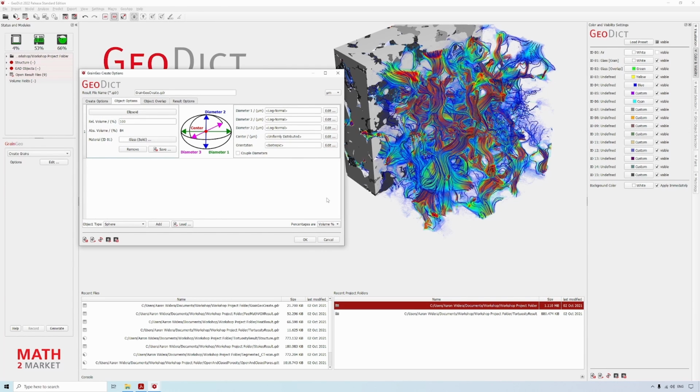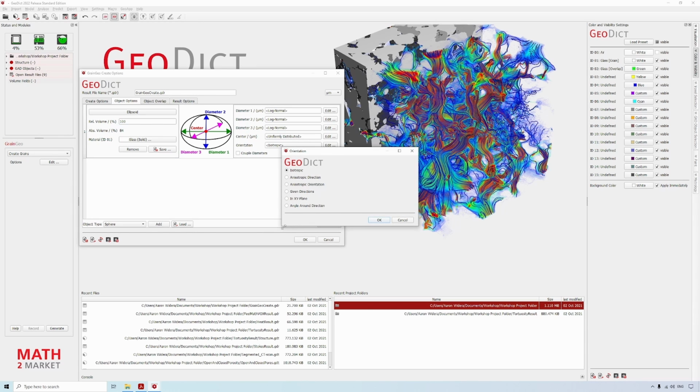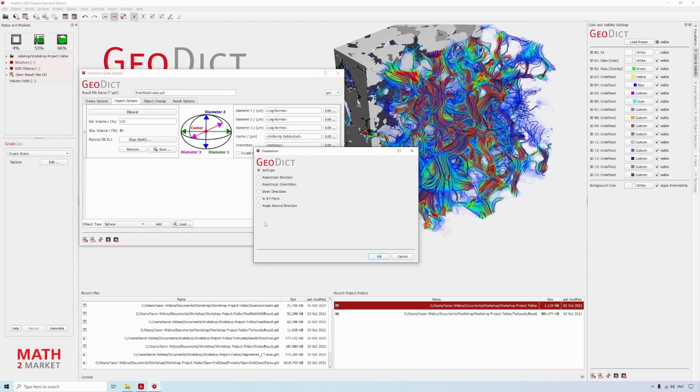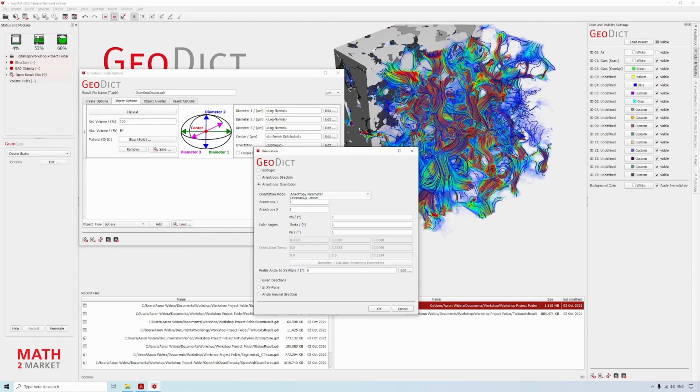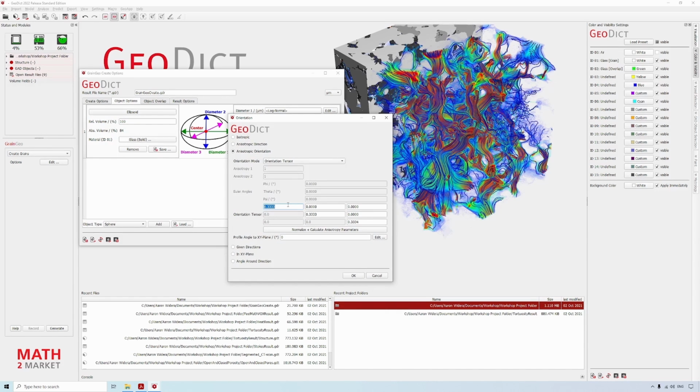Now we still have to set the orientation of the pores, so we click Edit. We choose anisotropic orientation and we choose the orientation tensor. And now it gets a bit boring.